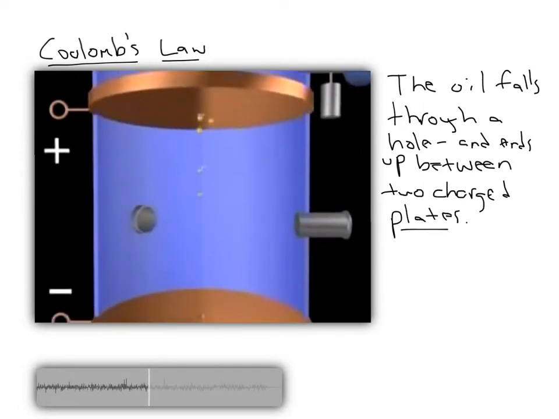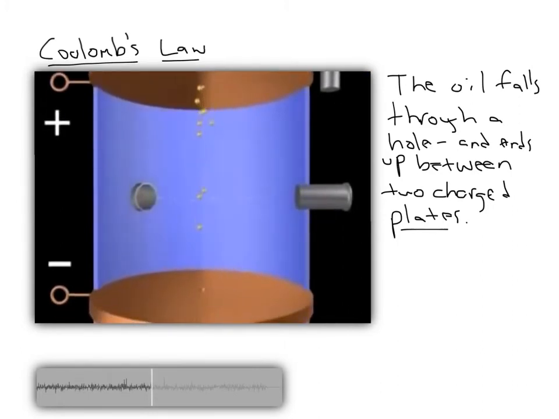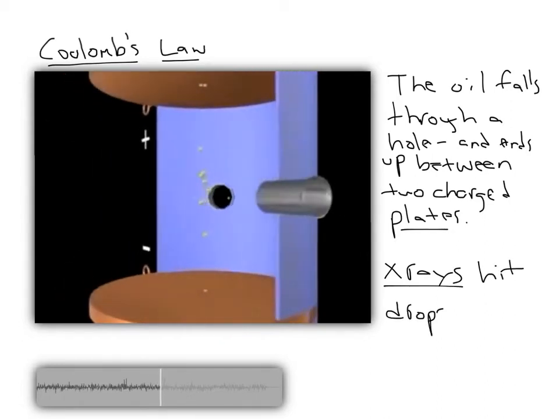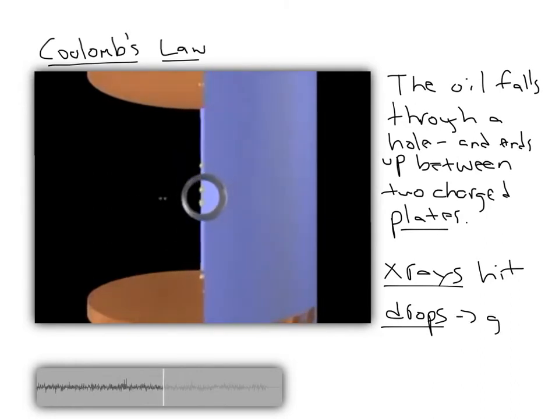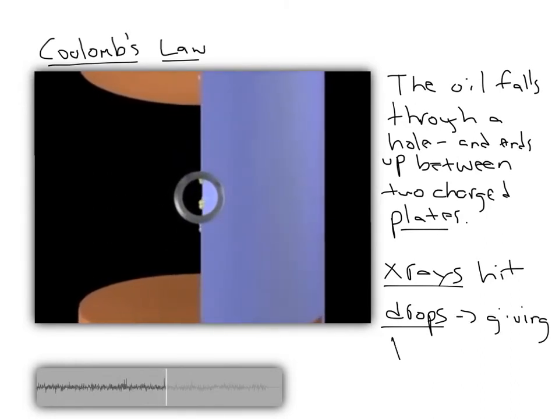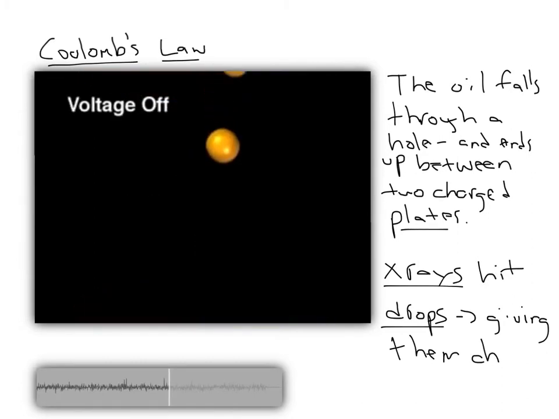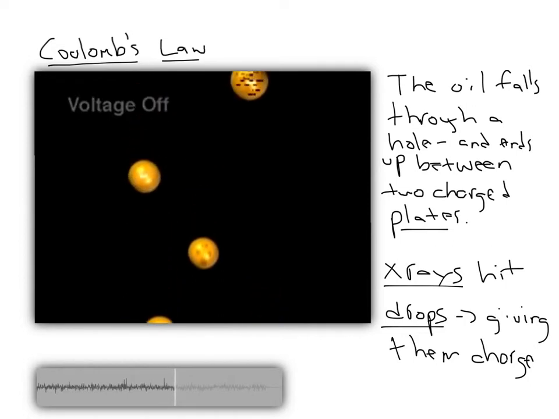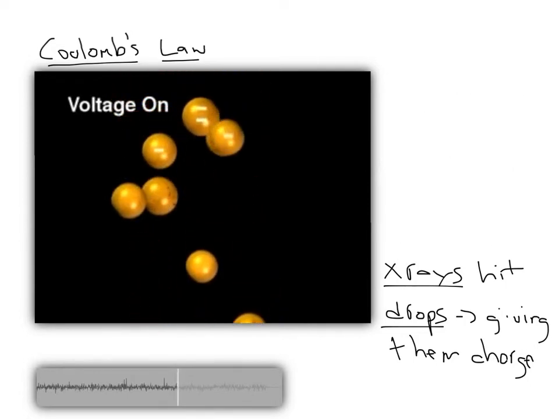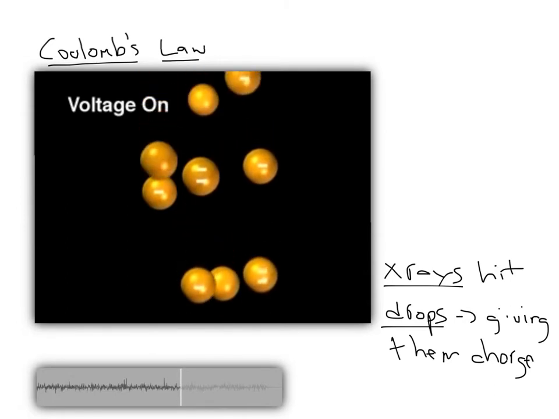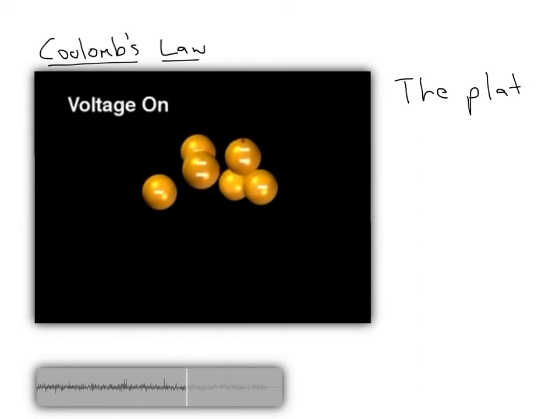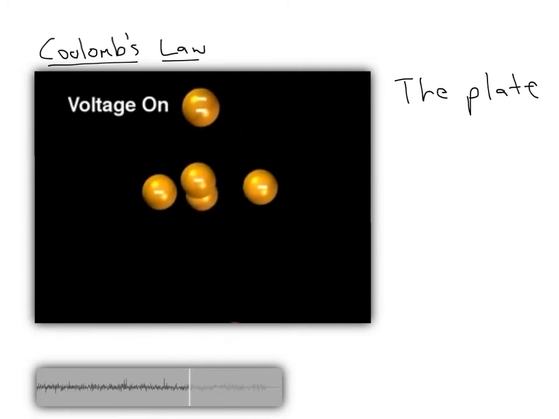The bottom of the chamber consisted of electrically charged plates. He introduced a source of X-rays which can cause creation of charges when they strike matter. Charges produced by the X-rays attach to an oil droplet, producing one or more charges on the droplet. When there is no voltage applied, the fall of the droplets is determined by their mass and the viscosity of air through which they fall. When a voltage is applied, the droplets that have a negative charge will fall more slowly, stop falling, or even rise, depending on the number of charges on them. By adjusting the applied